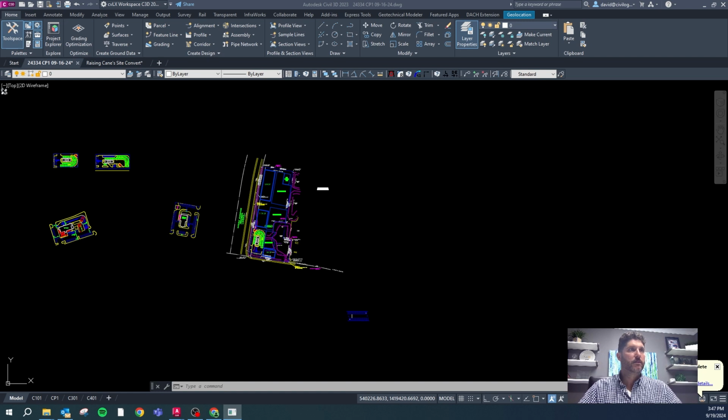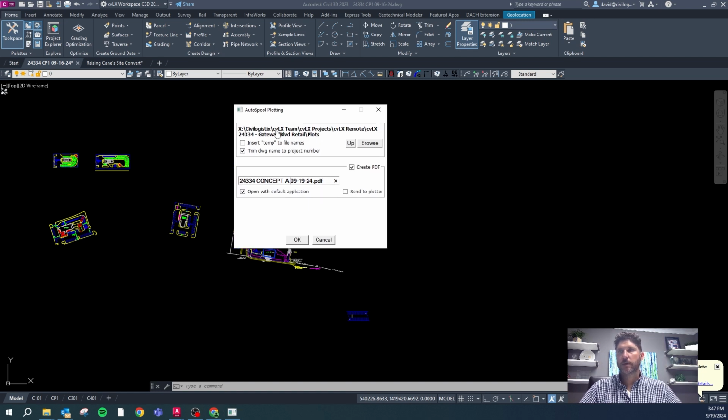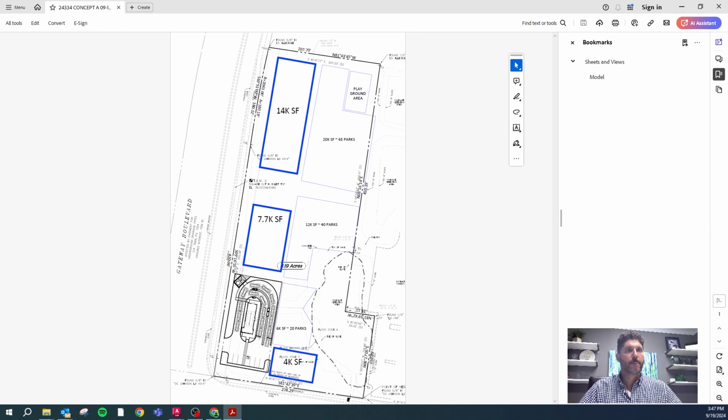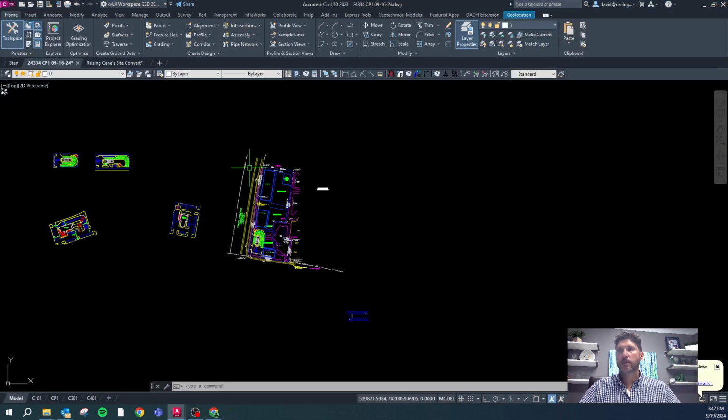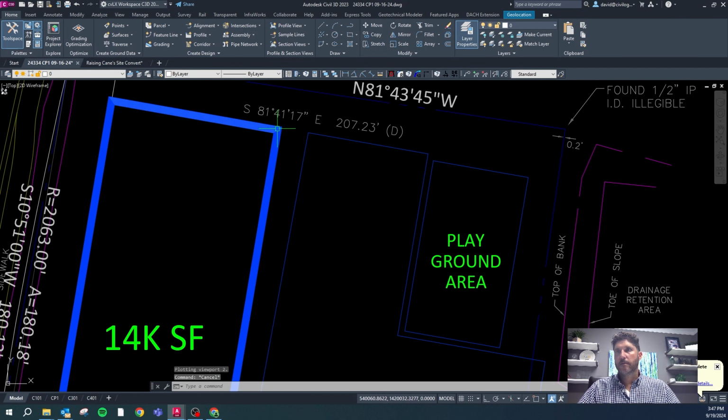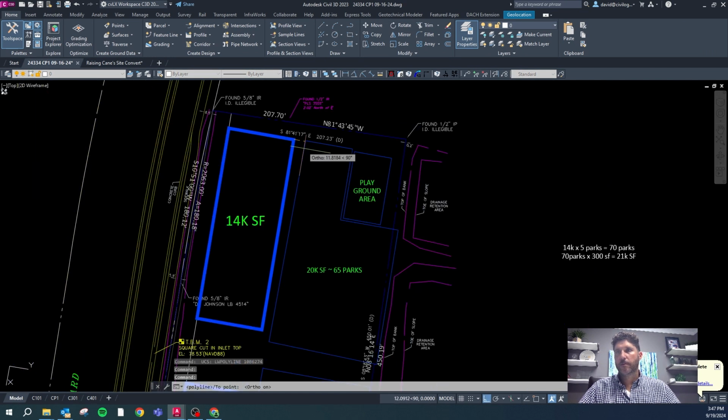This is on another screen. This is what you'll see when you're using the CVLX PDF plotter. Okay, so there's that sketch. Now if we're going to take that one step further and turn it into a little bit more of a wireframe,